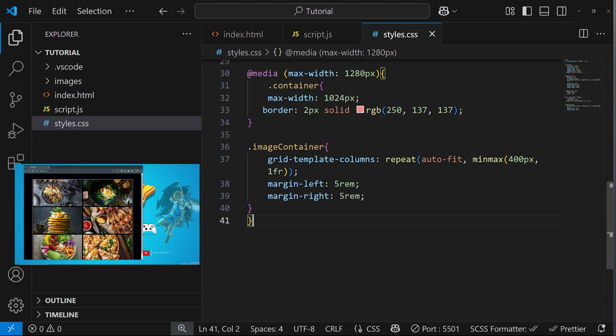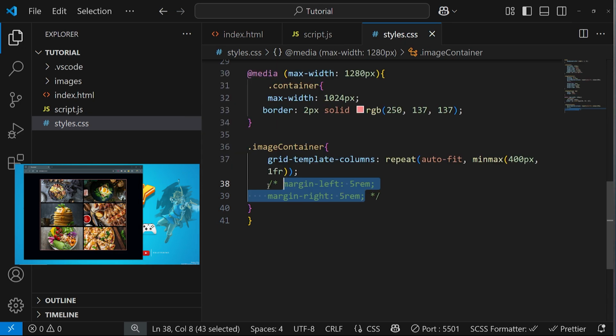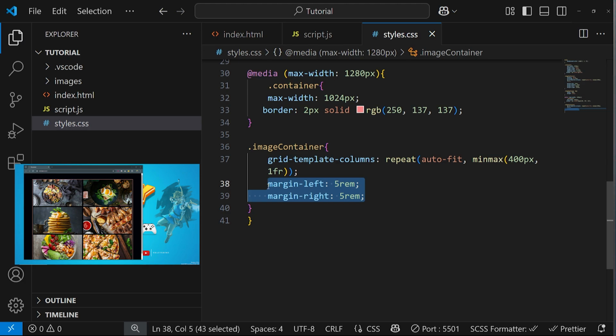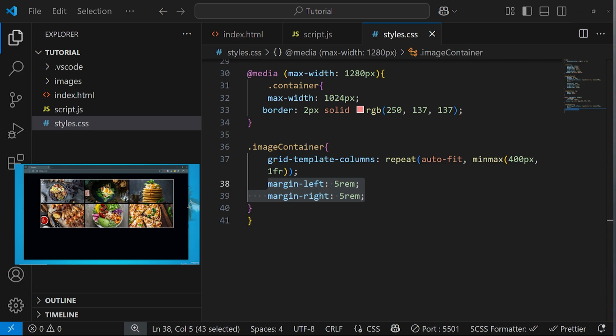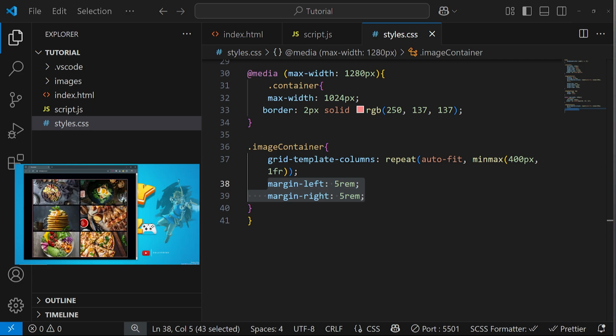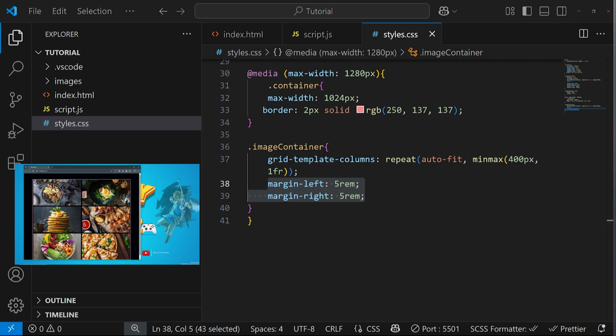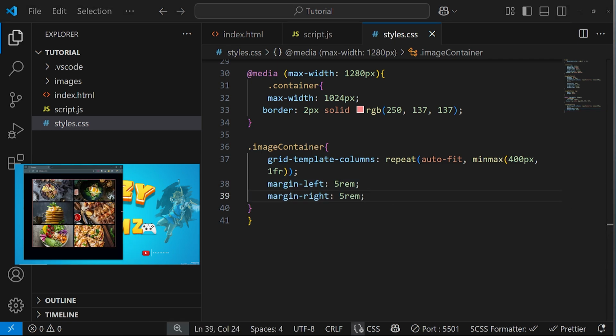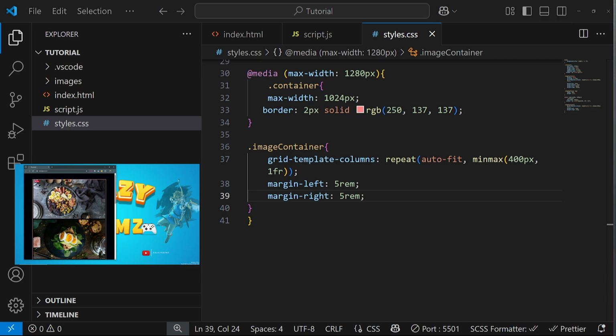Now when I hit save, you can see that the images got bigger. Let me comment these out and save. You see how small that is? So when I uncomment again and save, it's a little bit bigger. So coming from the bigger screens, you can see the changes are being made to the viewport size, right? Perfect. Now, when it comes down to smaller screens, and let me decrease this, you can see now we have